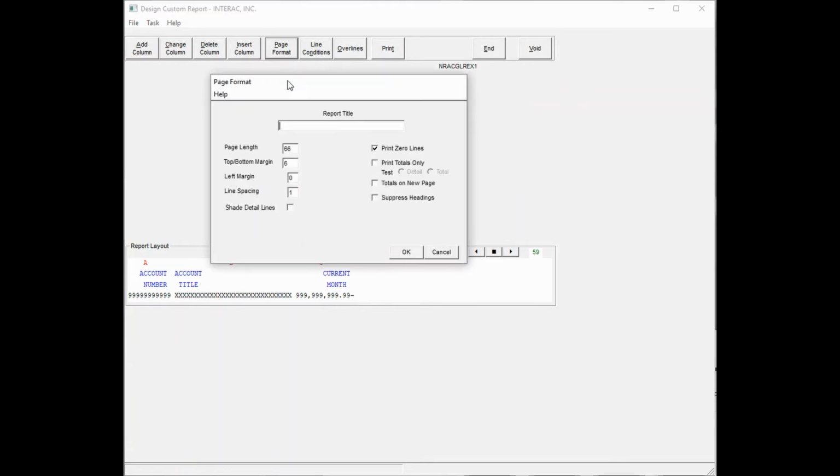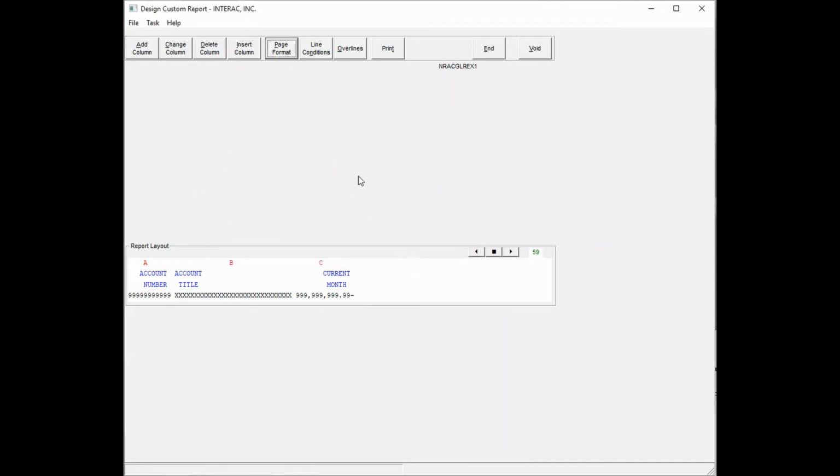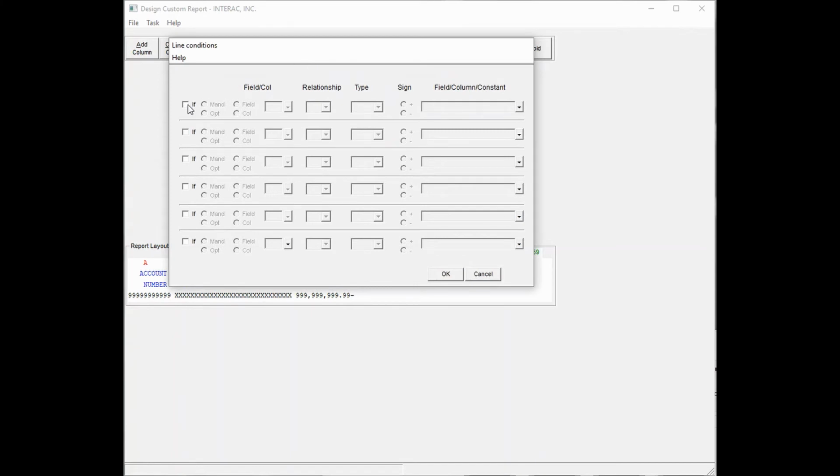Next, we'll go to page format. Give it a title. General Ledger exceptions. And perhaps we will double space it and shade the lines. That's all we need here. Next, we'll go to our line conditions, and we'll need 2 conditions. We will need to say it's mandatory that field 7, and we could choose that from the drop down, or just put in 7, is equal to number. I just pressed N, but you could choose number from the drop down,